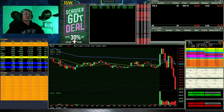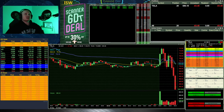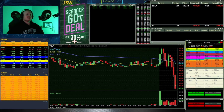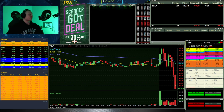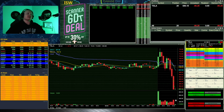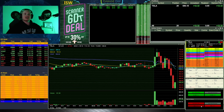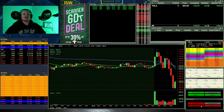So I go ahead and get that next 10 share lot there. I now have 20 shares at 686.18. I'm going to do the final 20 shares here if we can get below 680. And I want below 679 just because Tesla generally gives a nice little bump below the whole number once it makes the flush through. But it didn't want to do it, so as we popped up here,